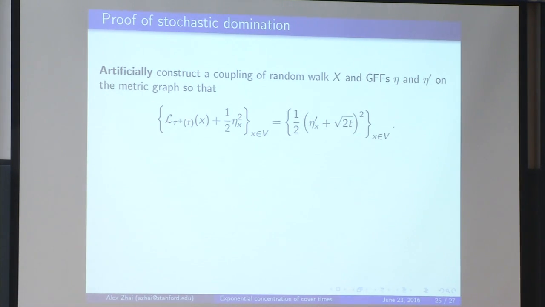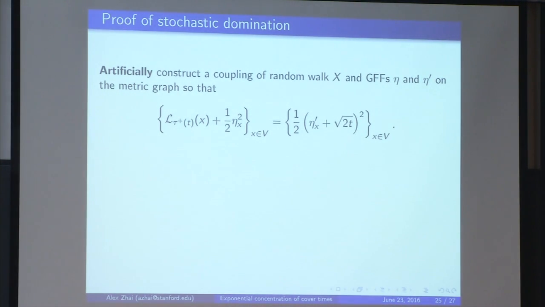By the Ray-Knight theorem on the metric graph, these two processes, maybe I shouldn't have used v here, this is really supposed to be x not only in v but also on each point on each edge of the graph, have the same law, so you can couple them together